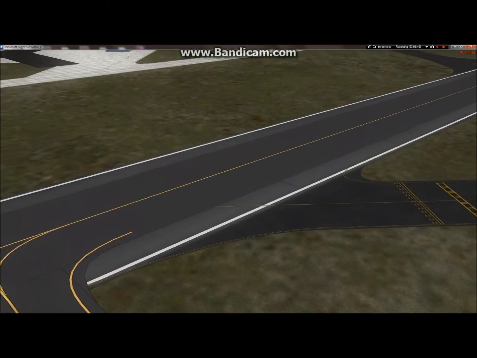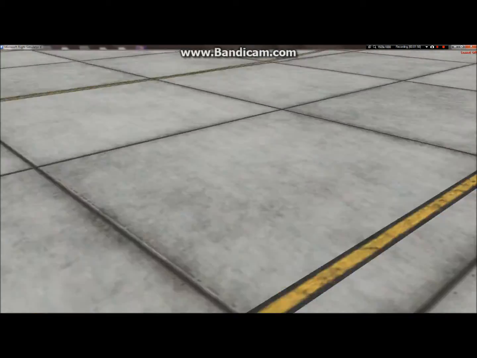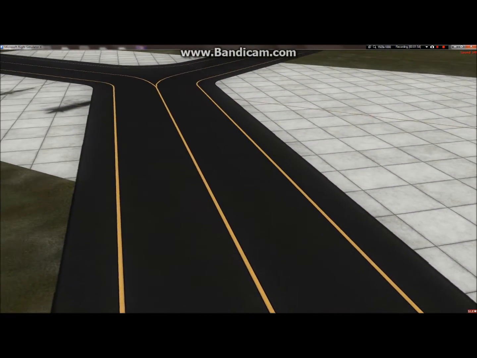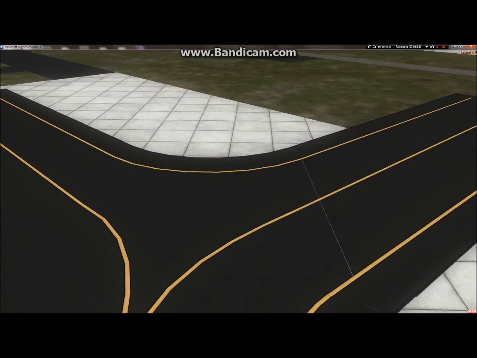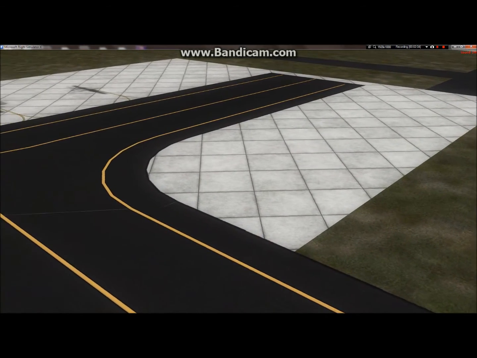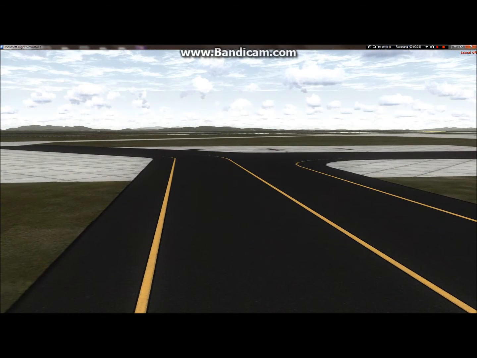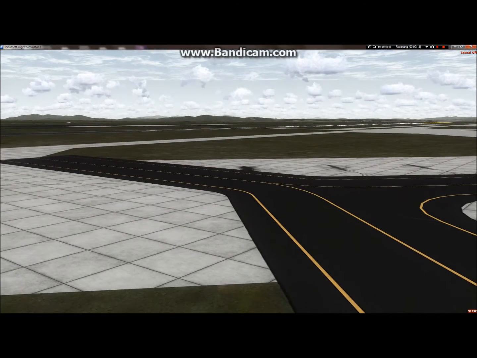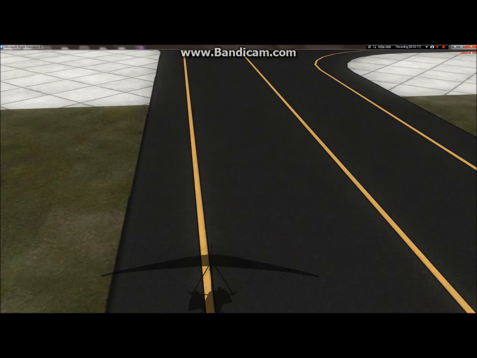Let's go to our next model. There's our hangar that we had created. Here's our Y. I thought it turned out pretty good, actually. Has pretty nice lines. Let's see, I'm trying to get to rotate it. There we go. The edges of our